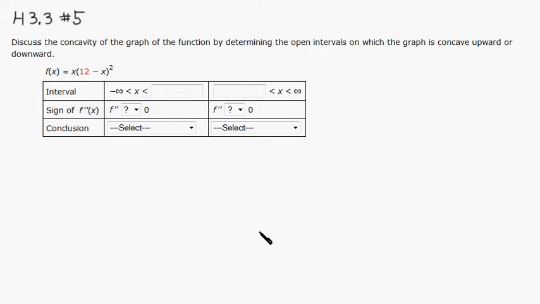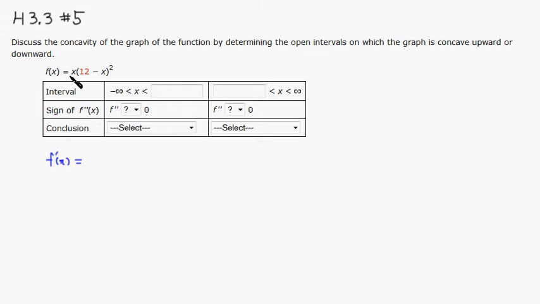Okay, let's look at homework 3.3, number 5. We need to discuss the concavity of this given function. So let's take the derivative. So f prime of x is equal to,